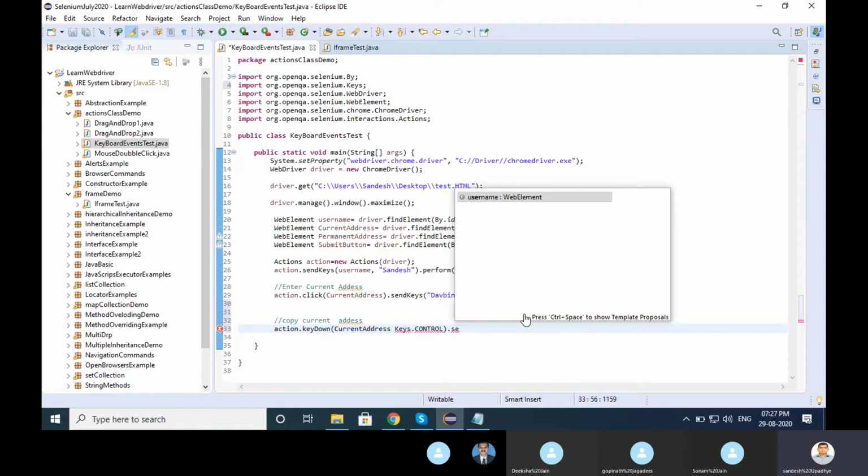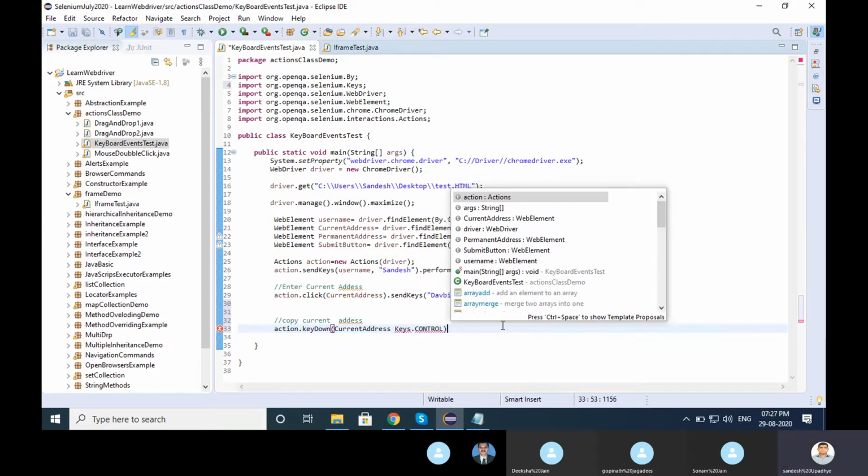Keys dot CONTROL, action down. Actions class I have passed, then keyDown, current address I have passed, then Keys.CONTROL. Okay.